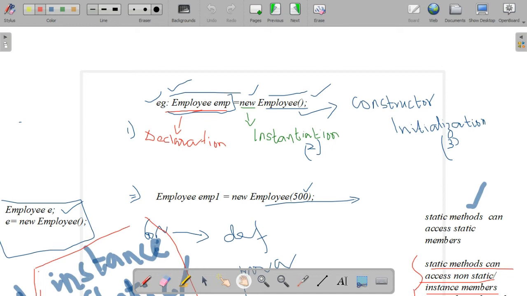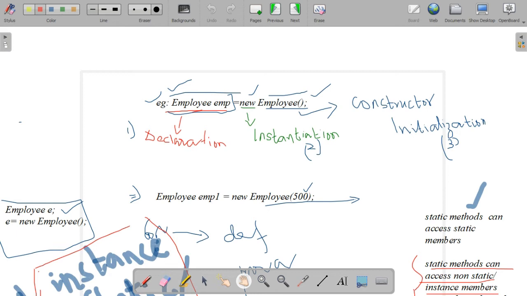In the case of an instance variable, when we declare a variable as an instance variable, each object has its own copy. But in the case of static, it will act as a common one.